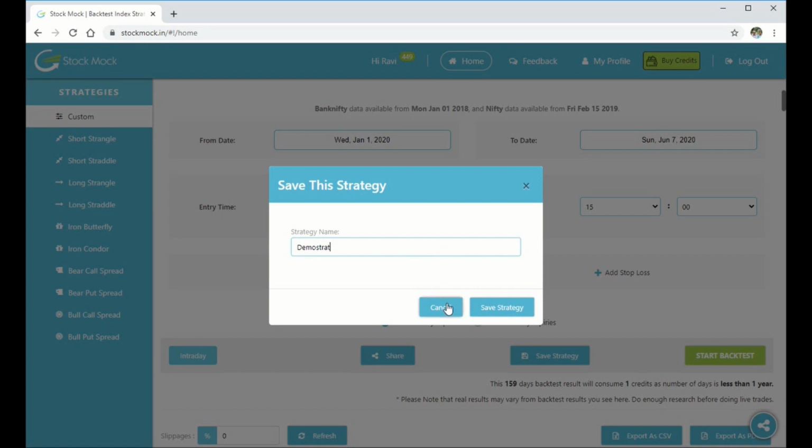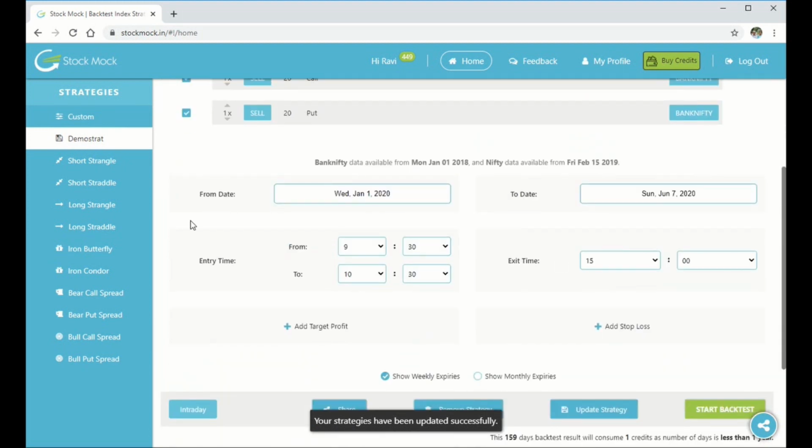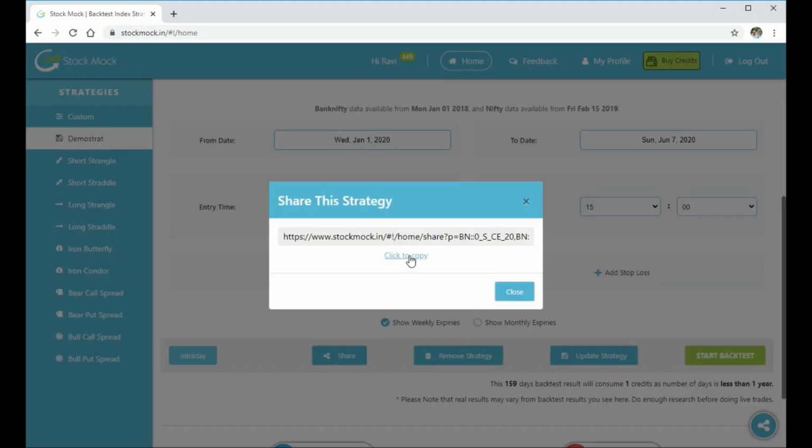Once you save it, the strategy will be available here anytime, so that you can use it and build on it later. And if you want to get the strategy reviewed by your peers, you can always use the share button. Click on this link to copy, post it on Twitter, Facebook, so that everyone else can use the same strategy, review it and give their comments on it.